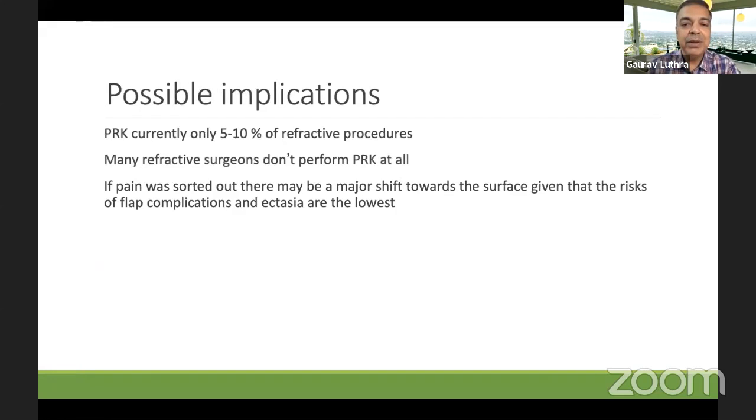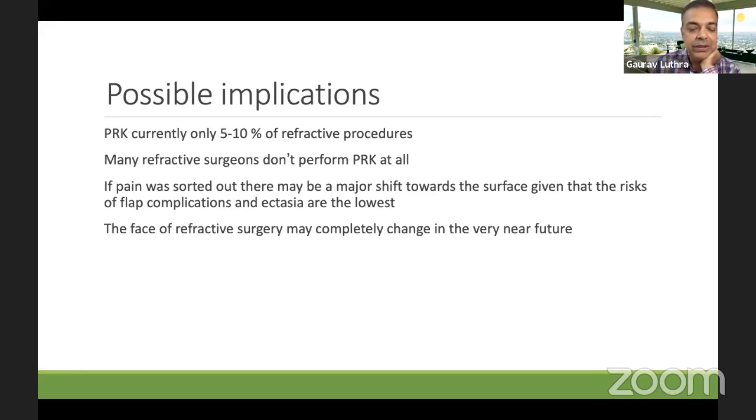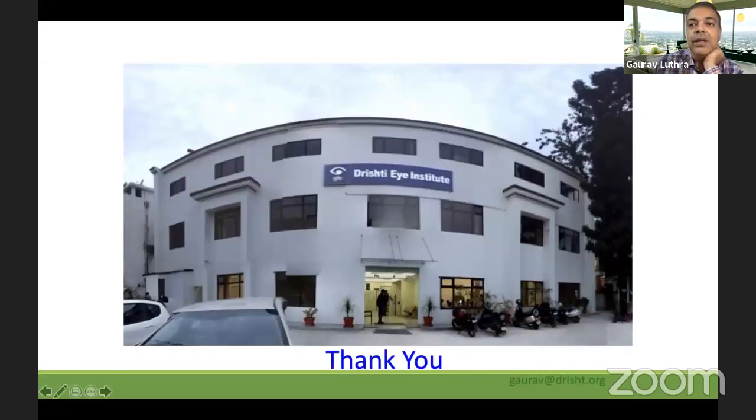So what are the possible implications of what we just discussed? I think PRK currently is only 5 to 10% of the refractive procedures that we currently do in India, and there are many refractive surgeons who don't perform PRK at all. And so if pain was sorted out, I think there could be a major shift towards the surface, given that the risks are the lowest with surface ablations otherwise for ectasia. And the phase of refractive surgery may completely change in the very near future if we were able to switch a lot of surgeons to surface treatments. And with that, I think I'm